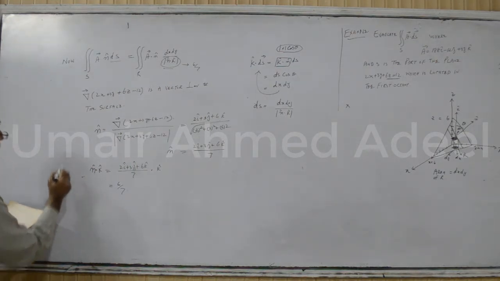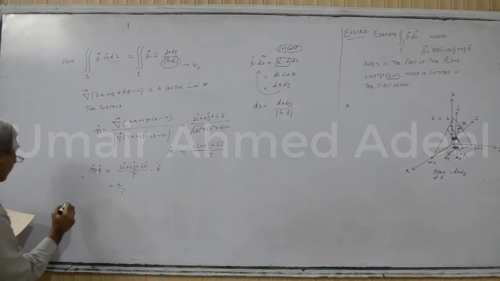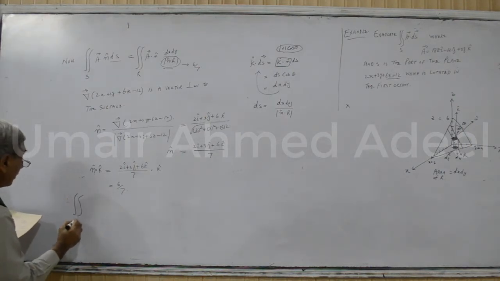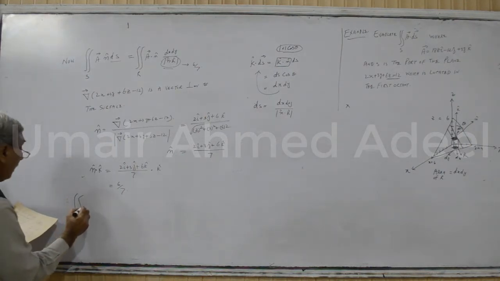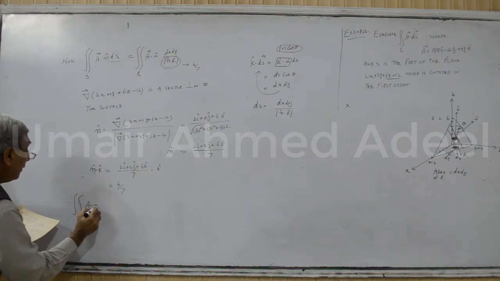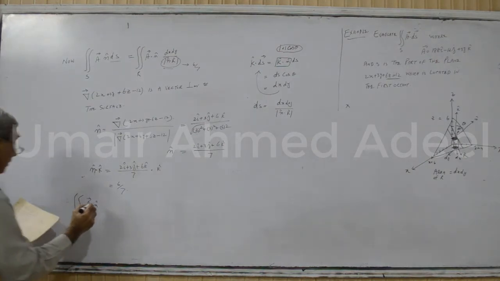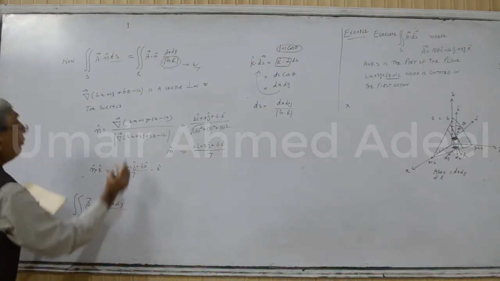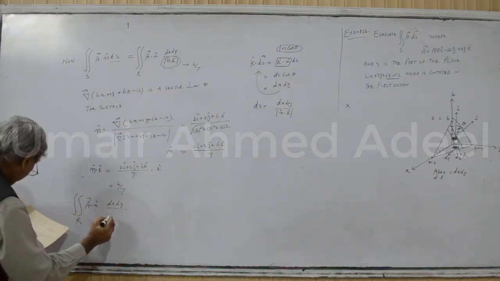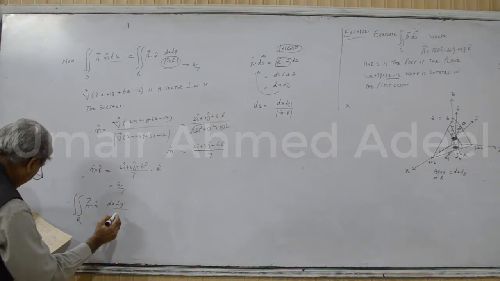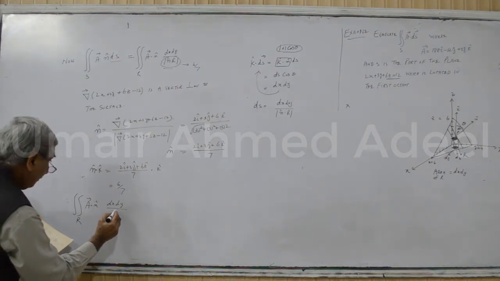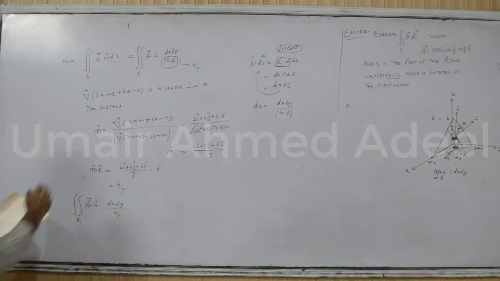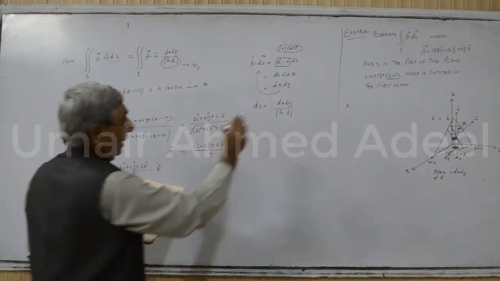Therefore this integral reduces to the double integral over R of a dot n dx dy, divided by the value of n dot k, which is 6 by 7. Now you calculate a dot n. A is that one,